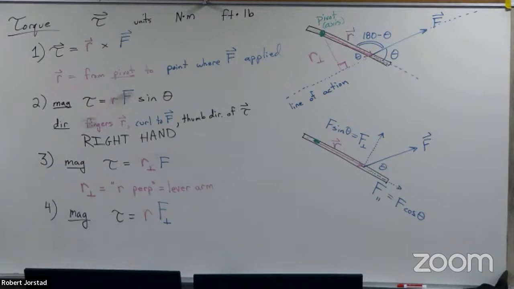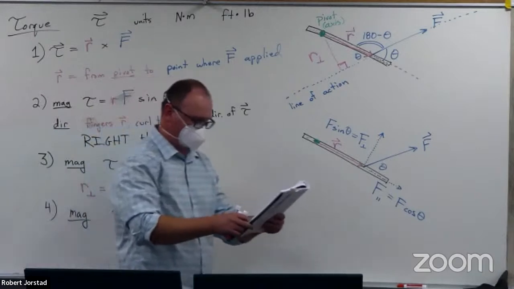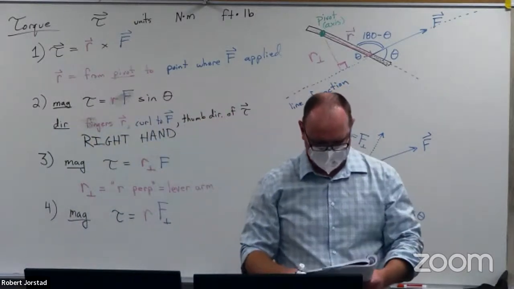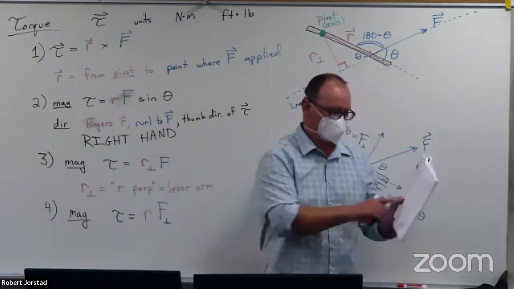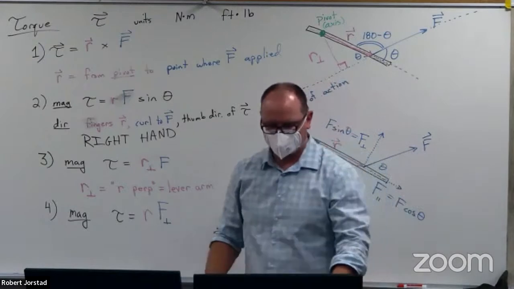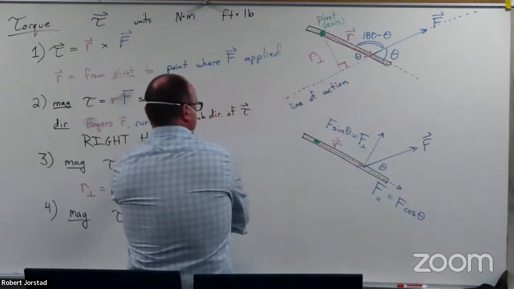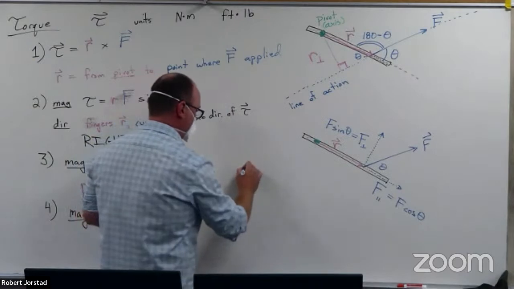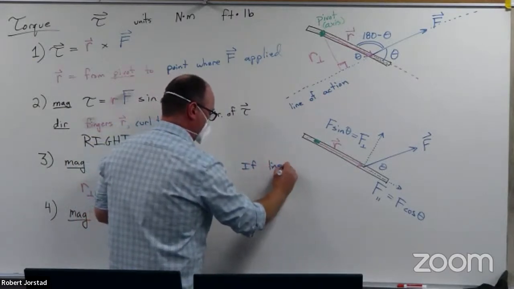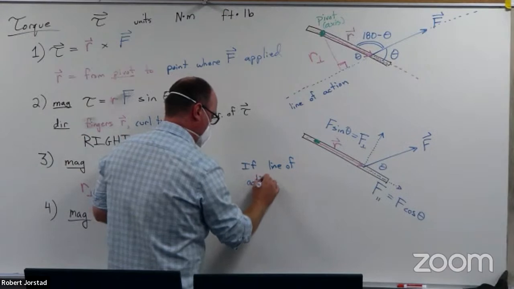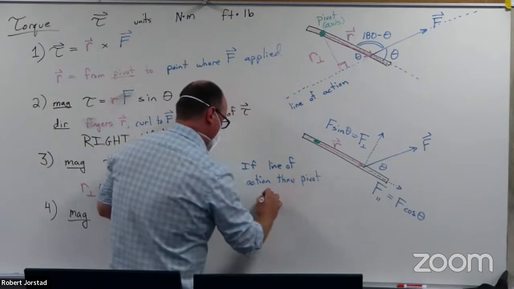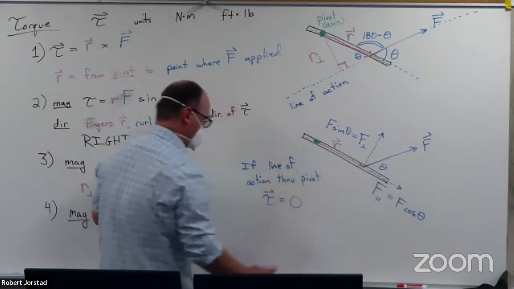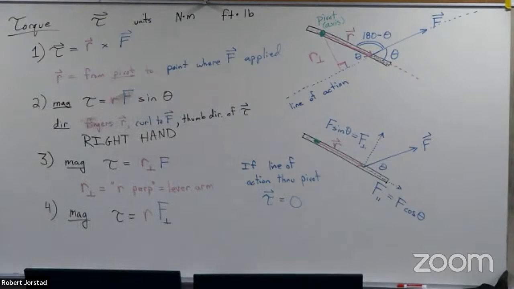There's a bunch on this board here. We got a few minutes. Let's see if there's anything else that I've missed. See that stuff to memorize there? In the middle of the page, stuff to memorize. There's one important thing that I want to get that's not up here. If line of action through pivot, torque equals 0. This one doesn't really have a place up here, but it's something that's